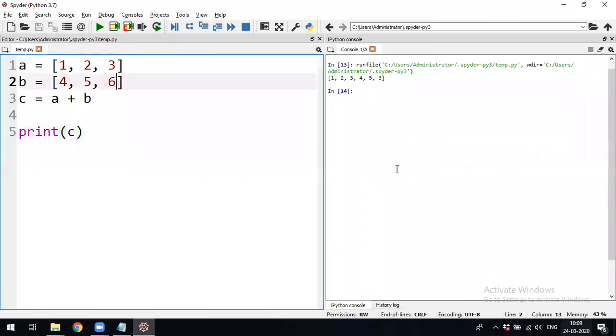If you had some more elements, it would include all the elements. This addition operator, plus, just adds the elements of the lists and copies them to one more list.